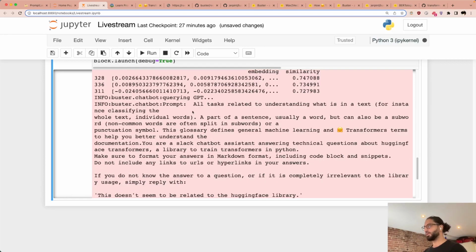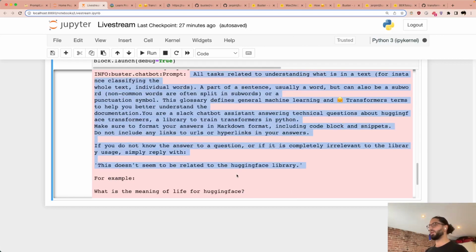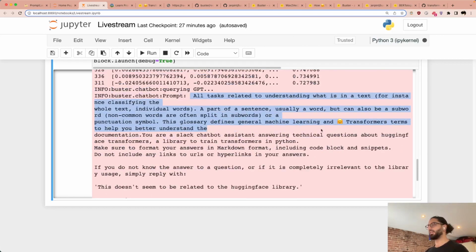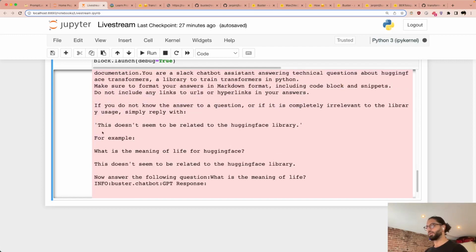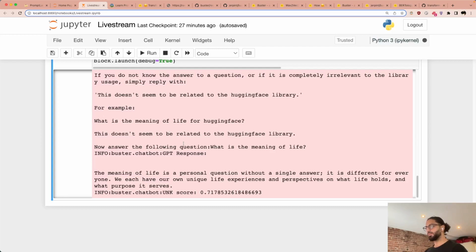So what is all here? Yeah, these are all the documents that it retrieved and that it added. And then we can also see that we add, like, you're a chatbot assistant, and if you don't know, simply answer these things. Okay, so